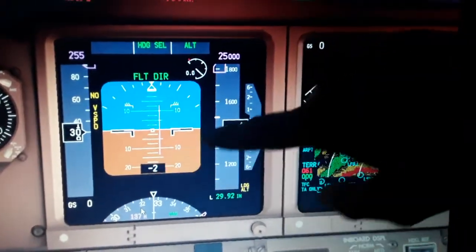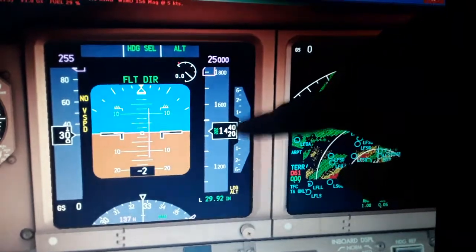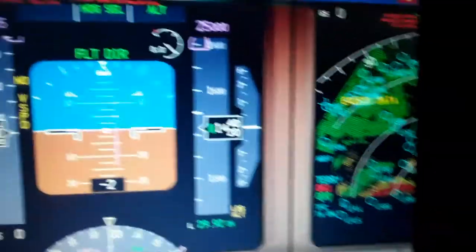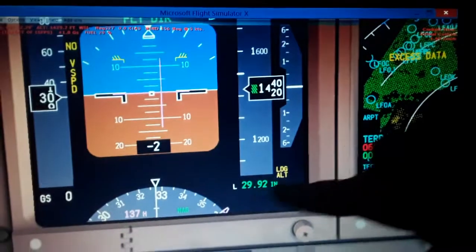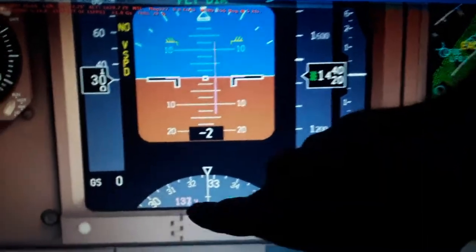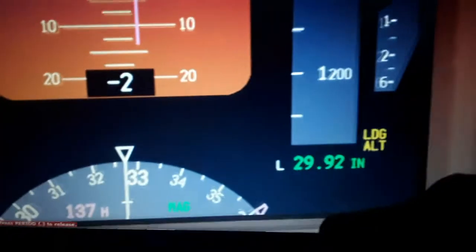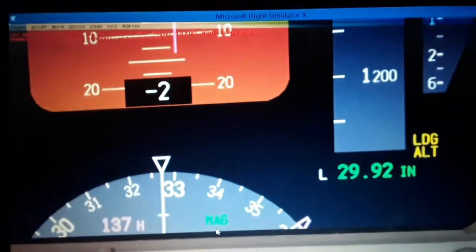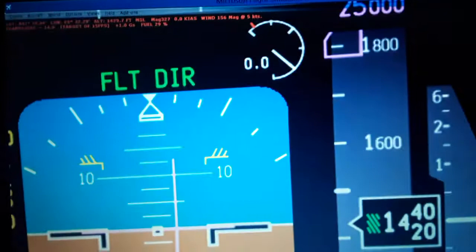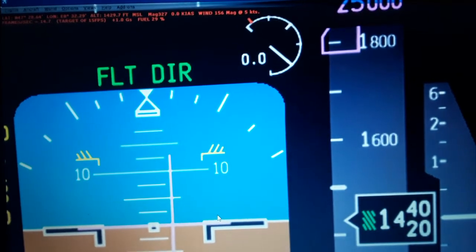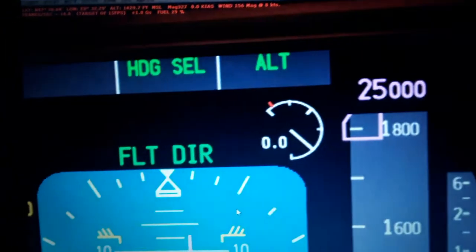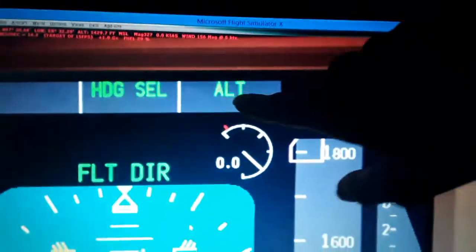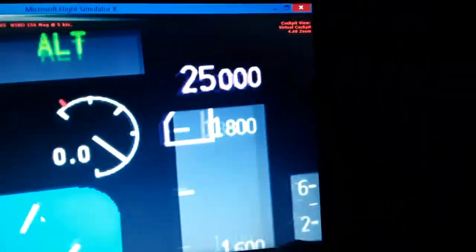The radio altitude is -2, 1,430 feet above sea level, with barometric pressure 29.8 inches. You can see the heading here selected, the magnetic current compass. You can see the pitch ladder here in degrees for pitching the aircraft up and down, the flight director, and the modes here for the autopilot and the autothrust, and also the altitude,